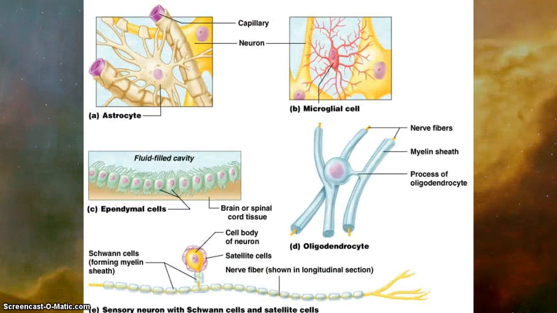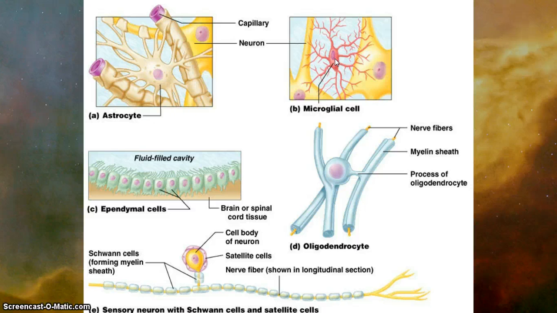Schwann cells are also called neurolemmacytes. Anyway, right here, as you can see, there's an astrocyte, and it's called this because it has many protoplasmic extensions which make it look like a star. Hence, astrocyte. These are responsible for maintaining ionic balance within the nervous system. Then there's the microglial cell right here. Your microglial cell is basically like a phagocyte within your nervous system. It's a special phagocyte